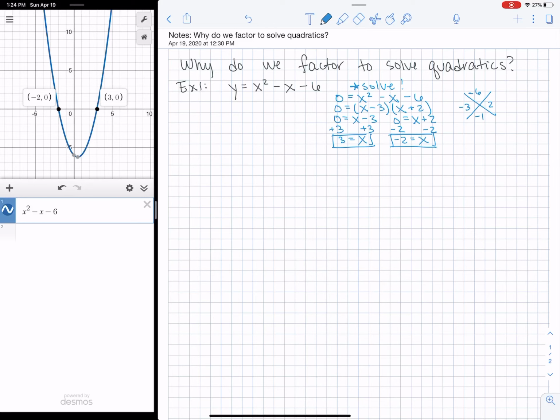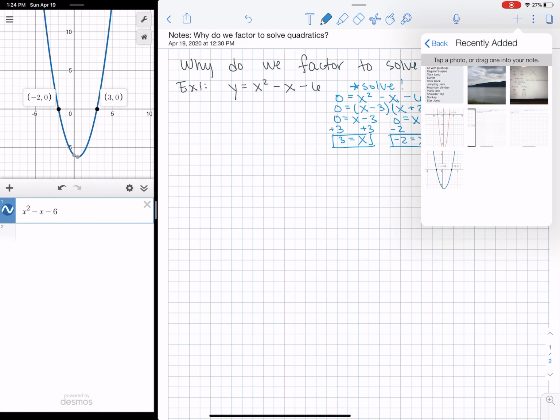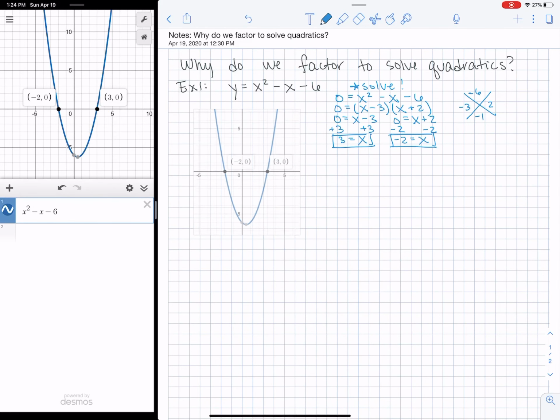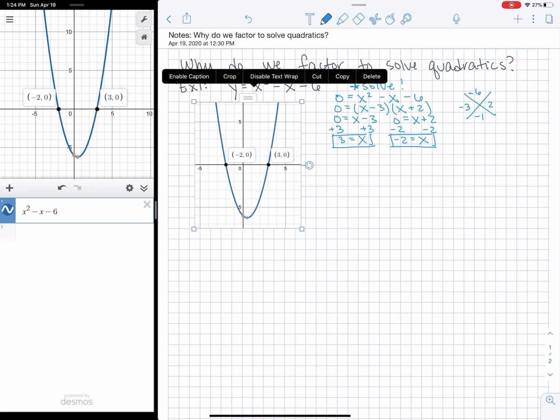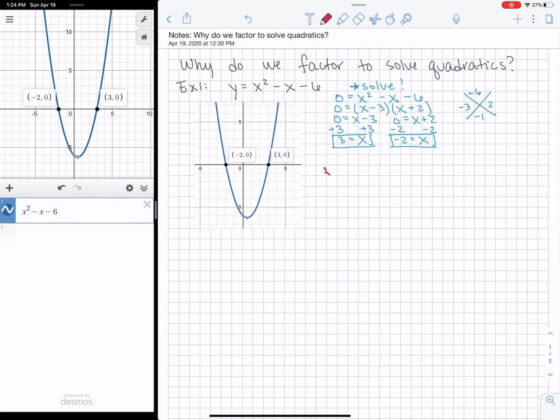Now, I went ahead and took a little bit of a screenshot of this earlier. So we're going to put this guy in here so that we can label it. And this is super important. This is what we call our roots. And hopefully you picked this up a little bit from your reading last week. The roots. And the roots mean to solve